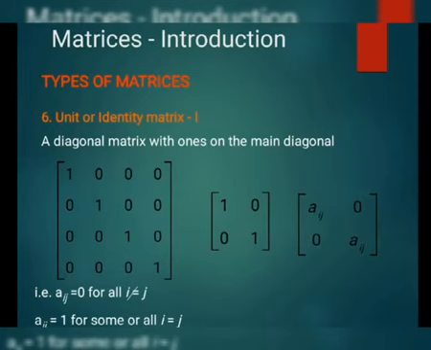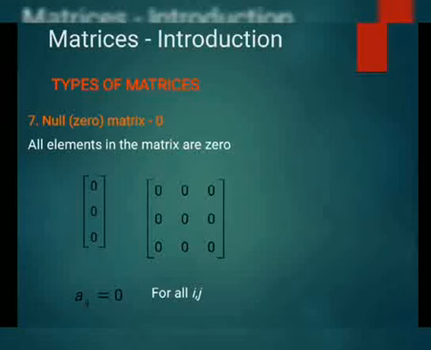Similarly, in the first example, this is a square matrix of order 4 in which all the diagonal elements are 1 and all the other elements are 0. Similarly, the second one is again a square matrix of order 2 in which the diagonal elements are 1 and all others are 0. Okay. After that, dear students, the next type of matrix is a null matrix, as the name